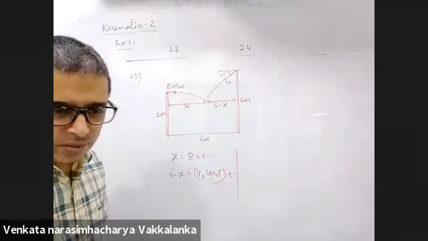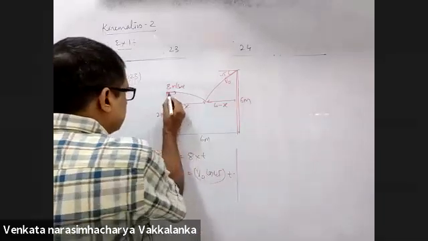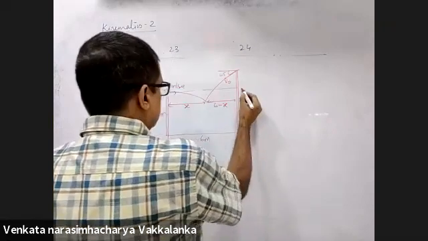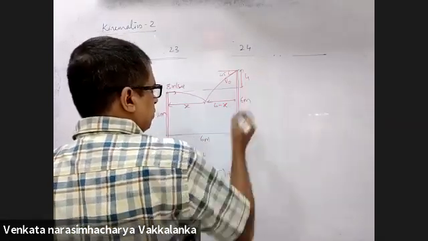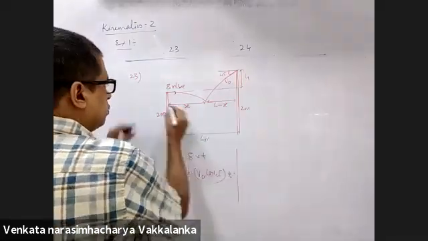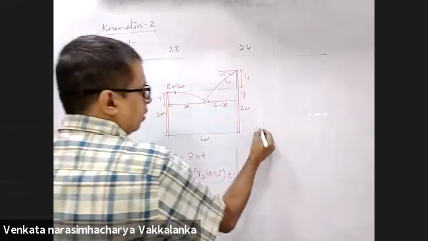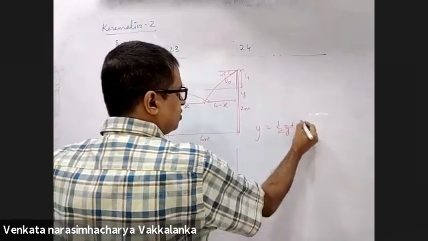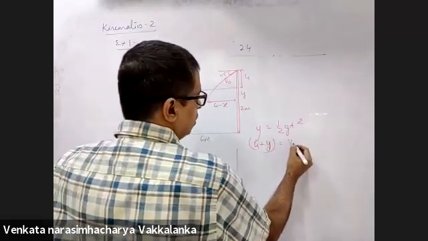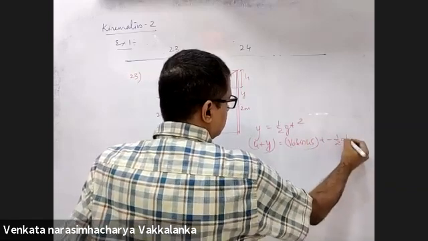What is the other set of equations? Downward at 45 degrees, 8 meters per second. The vertical displacement covered here: this is 2, so this should be 4. So the vertical displacement covered here, if I take y, would be 4 plus y. Y is equal to half g t square, in the same time. This will be 4 plus y is equal to v naught sine 45 into t minus half g t square.